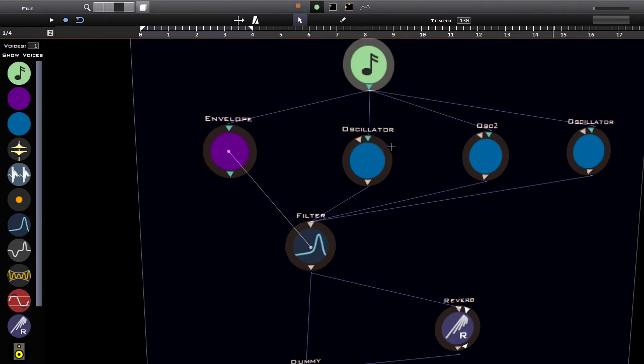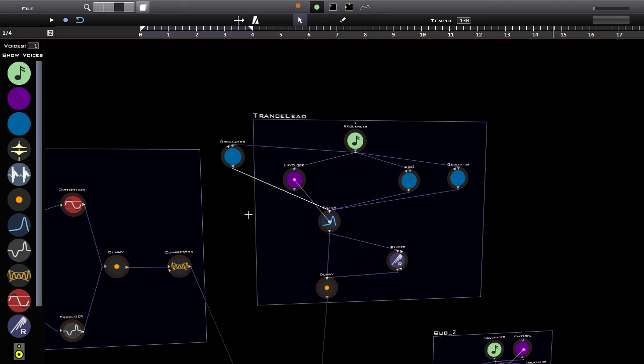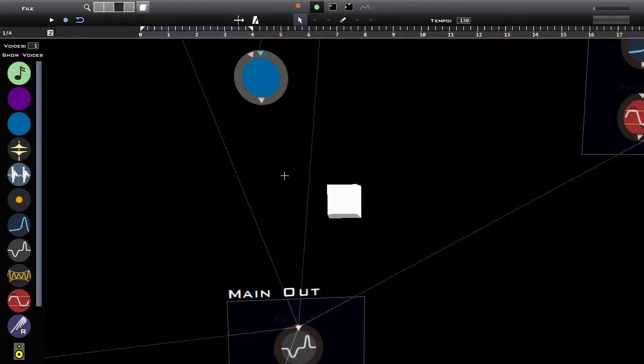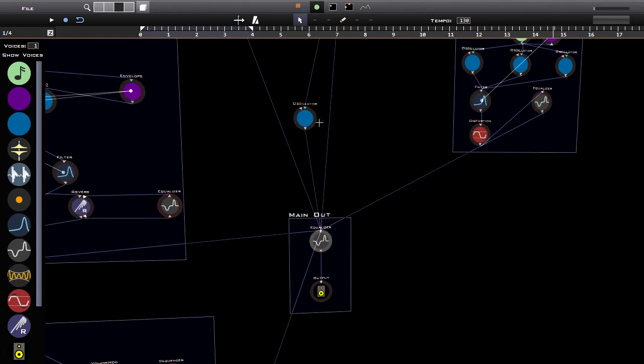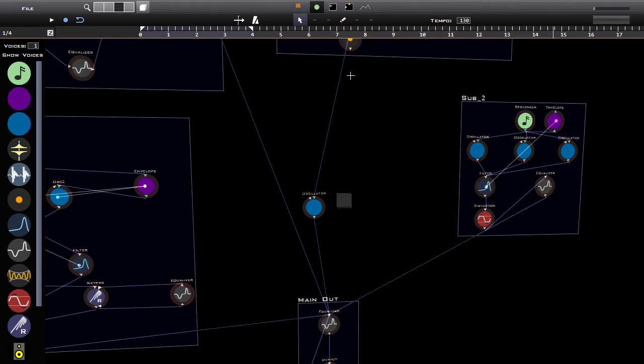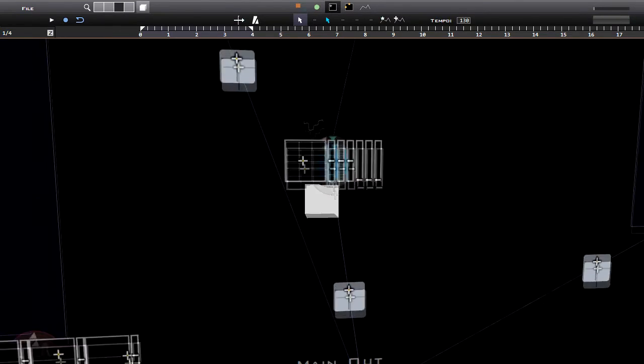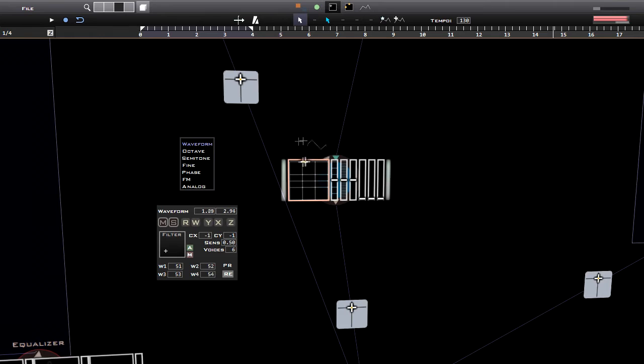Just to demonstrate the difference in sound, let me rewire this oscillator so that it's being sent directly to the output. Okay, and I'm also just going to delete the rest of that instrument. Let's take a listen to this. Okay, so I enable the grid and we're going to get pure waveforms. Okay, and then the next parameter is